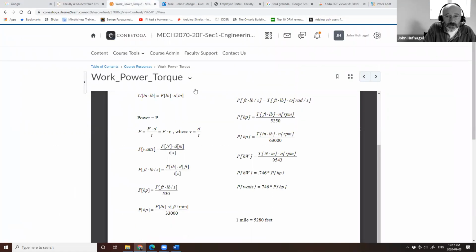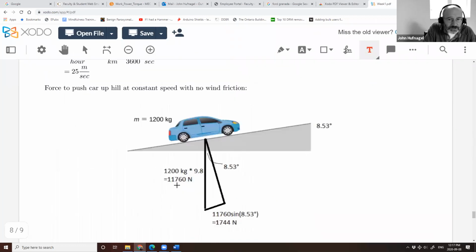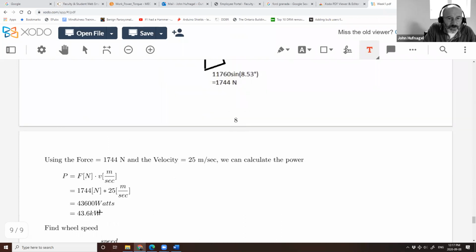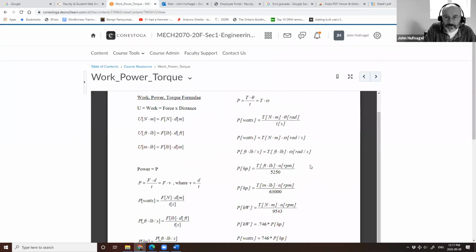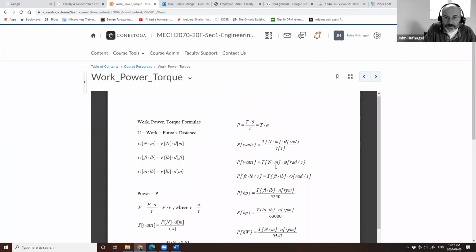Eventually, we're just going to do this whole thing in metric. We're not going to worry about the horsepower ones. If we don't worry about the horsepower, it's a lot easier with power,